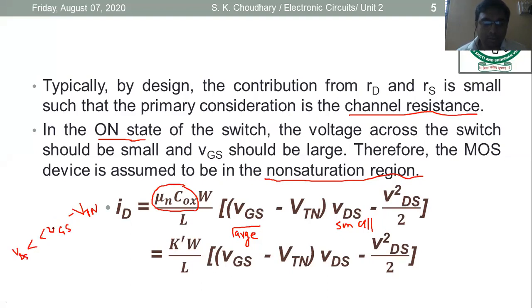Here we would use again one thing in the notation. Remember that I am using the combination of AC and DC. Here i is small and D is capital, which means it is a combination of AC current plus DC current. Here v is also small, so vGS means the combination of AC and DC gate-to-source voltage. Threshold would always be a DC quantity, so it is kept as a capital, and VDS is again a combination of AC and DC.